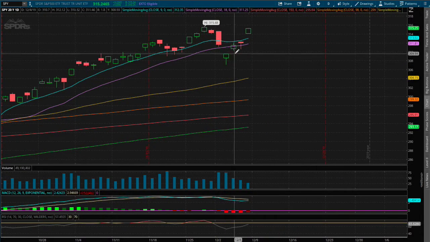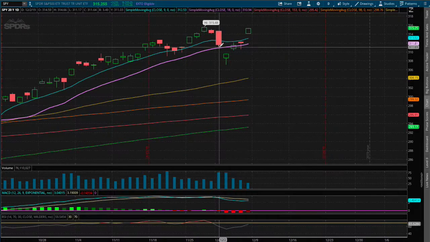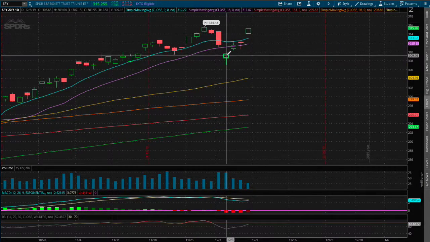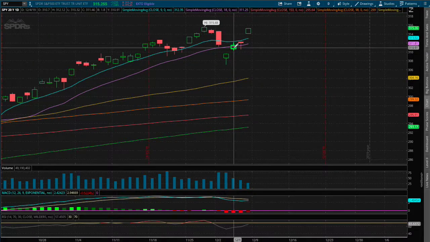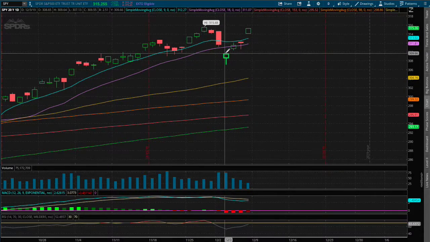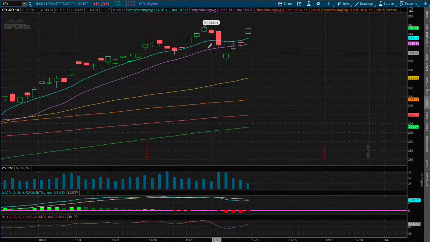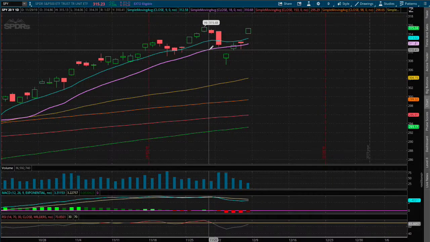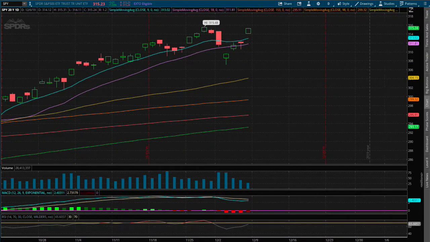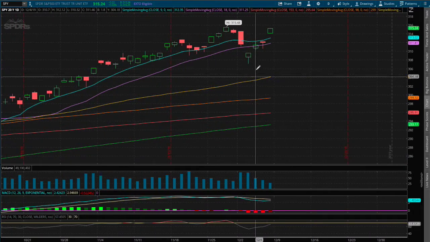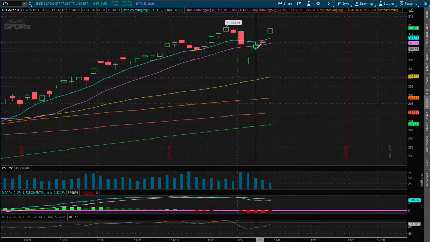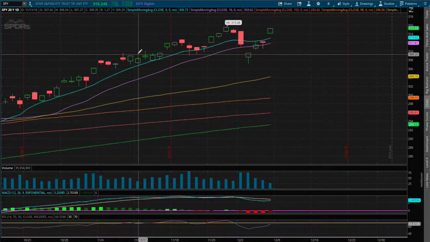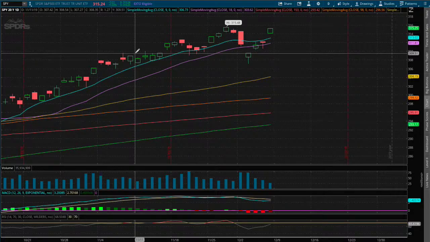And over here, I do see we made two gaps, one between December 2nd and December 3rd, and another gap between December 3rd and December 4th. So there is a gap in between those prices. We made a nice reversal after dipping below the 18-day moving average, this purple line. And I do see a possible retracement back to fill in this gap where we left off overnight. So there is a possibility, a very good possibility, where we may come back to that price, which is roughly